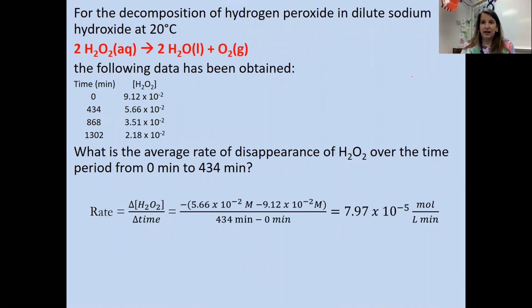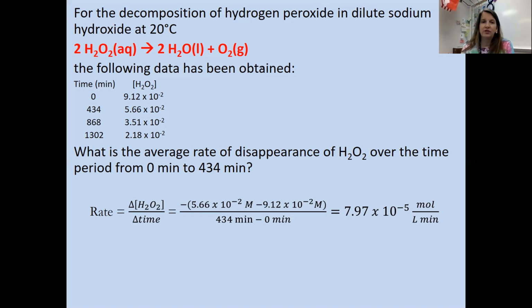So let's look and see how these calculations are going to go for us. This reaction here shows us the decomposition of hydrogen peroxide. Okay, so we have H2O2 yielding water and oxygen gas. This problem gives us a table with our time in minutes and our concentration of H2O2 represented over here. And it asks us, what's the average rate of disappearance of hydrogen peroxide over the time period from 0 to